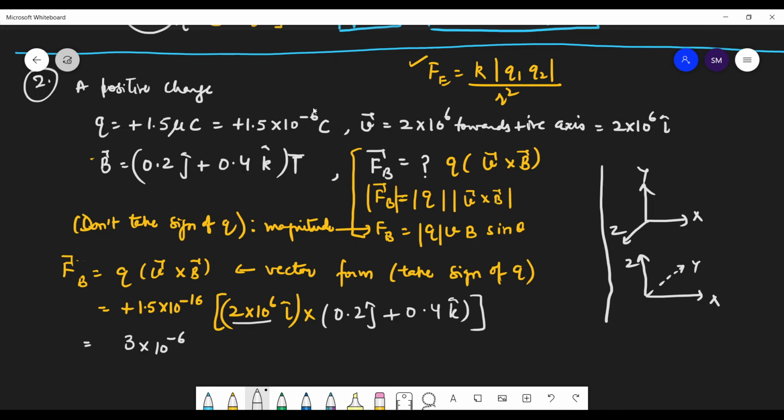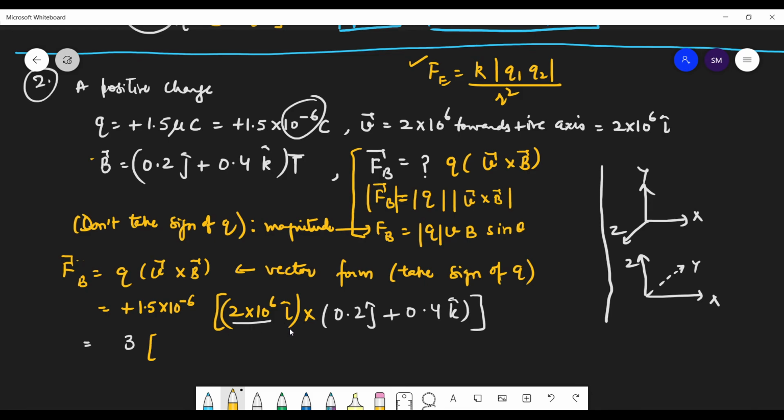Students, why don't you speak? It's 10 to the power minus 6 only. We are writing here 10 to the power minus 16. Why don't you people say? So that's 0 then. 10 to the power 6 and 6, 10 to the power 0. 10 to the power 0 is 1. So now,